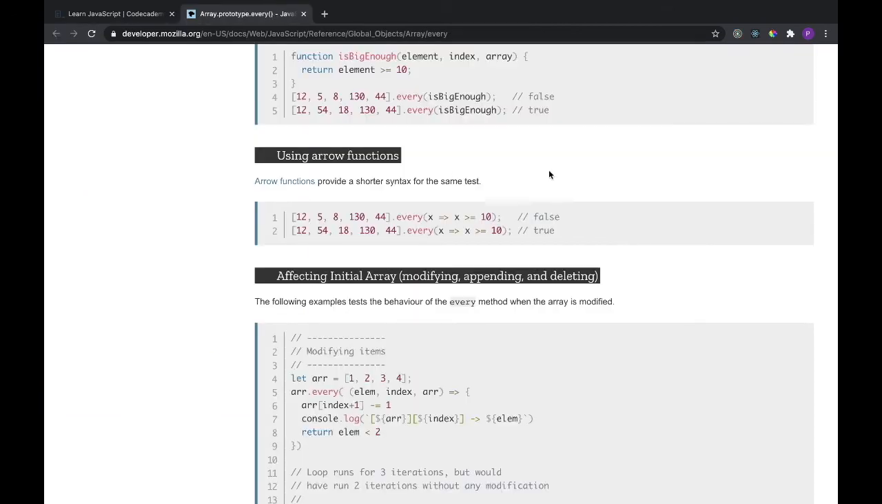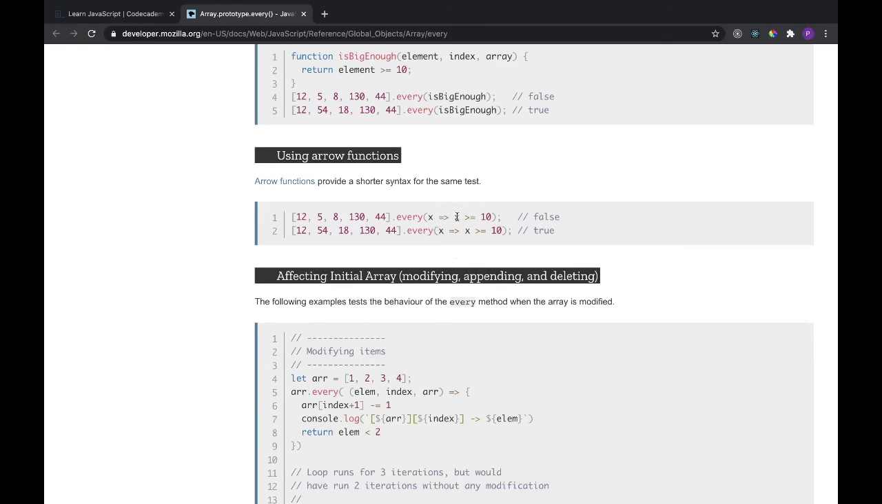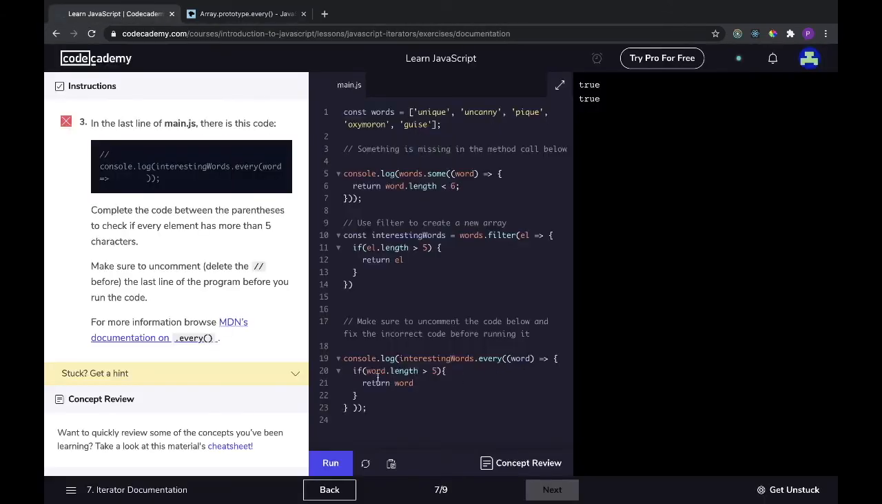So we'll look at their arrow function. It'll say every, we'll pass in x, or what did we pass in? I think we passed in word. So we'll pass in word, we'll do our arrow, and if word is greater than the number, which was 5 or 6. So that's how we should be doing it. There should be no return, and we don't really need an if statement. Kind of just need